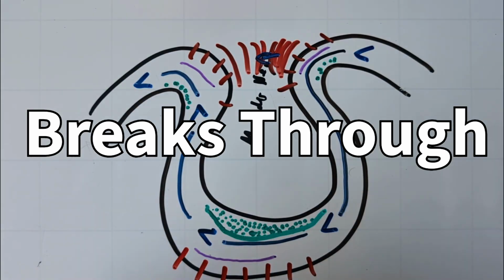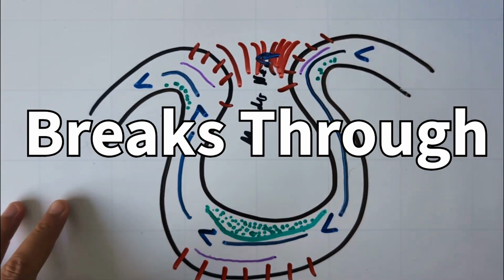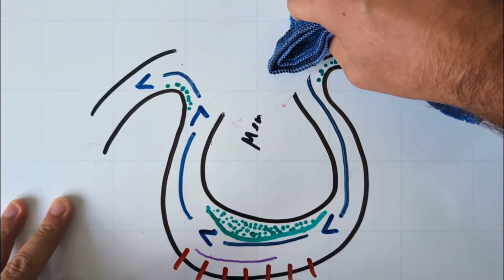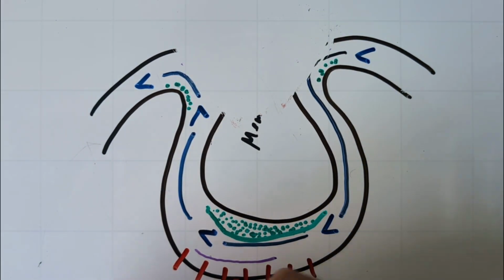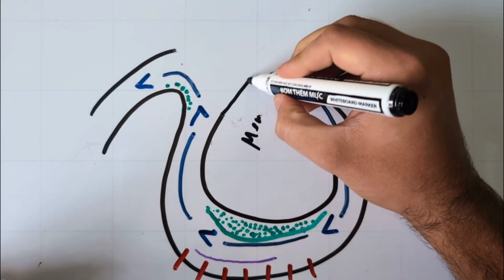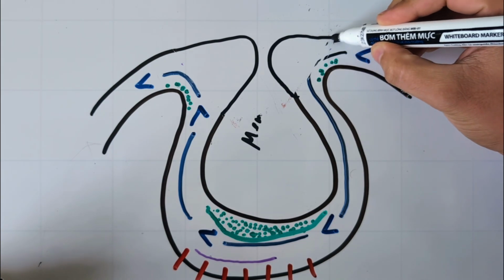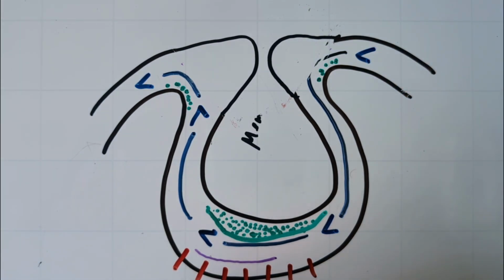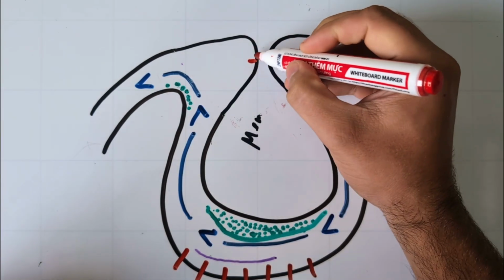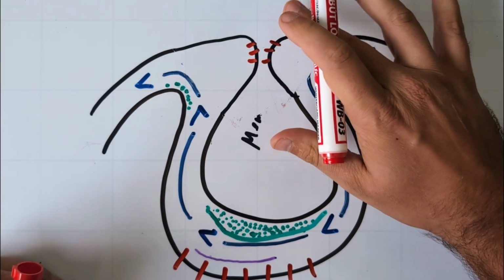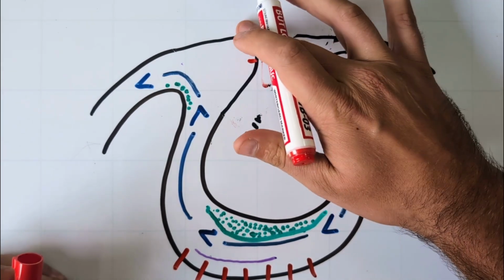So, what's gonna happen? I have to do some rubbing out here. It's gonna be a bit messy. The meander neck has got smaller and smaller, and eventually erosion still takes place. It breaks through, hydraulic action, abrasion is still taking place. It breaks through,